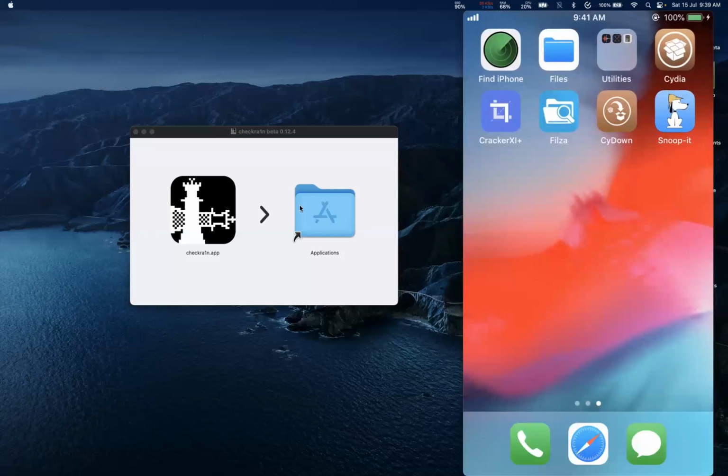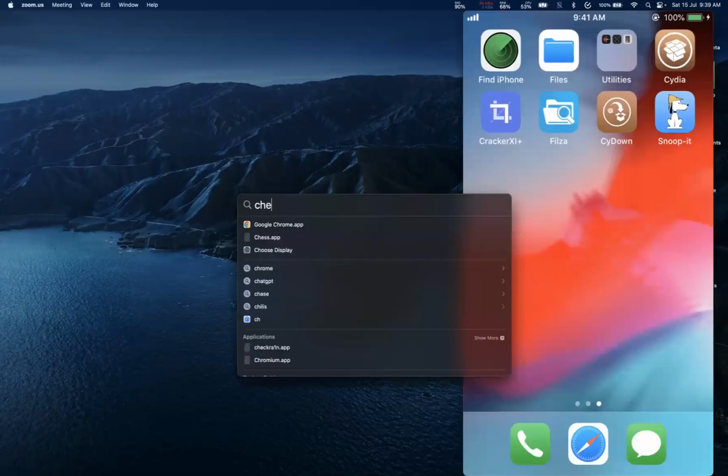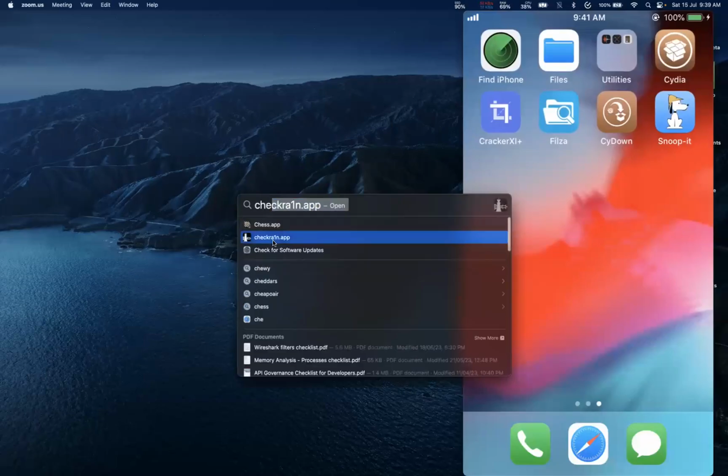So what we will do is utilize this application to jailbreak our device. First of all, I will install this application on my laptop. So I will go forward and install it. We just need to drag and drop here. Once it is done, we will just search for it over Spotlight, and here it will be available,